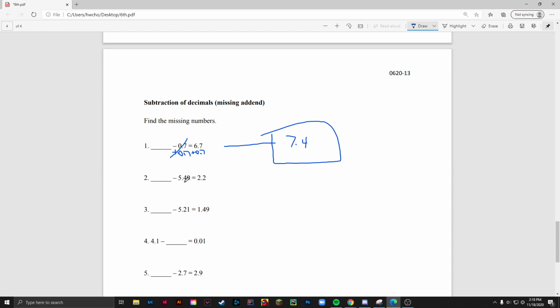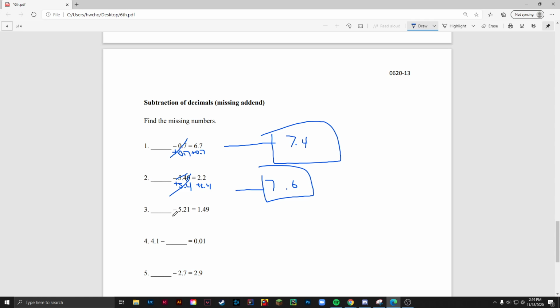For number 2, 2.2 and 5.40. So you can disregard the 0 for now. You do plus the exact same thing onto both sides. To both sides right here. Get rid of this, get rid of this, and then you get 7.6. So when you add,